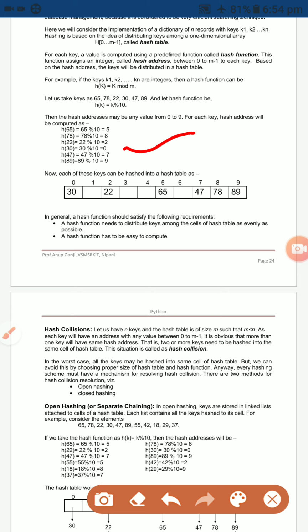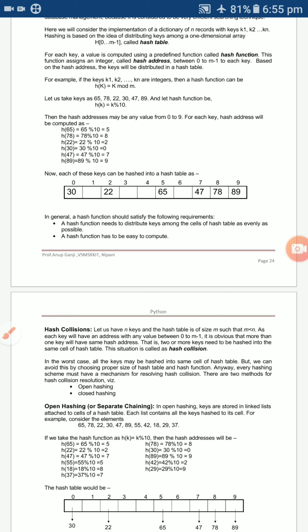The next, 2, means 22, if you are getting 22. Like that, you can check all these addresses, and after checking, place each value in its hash address cell.